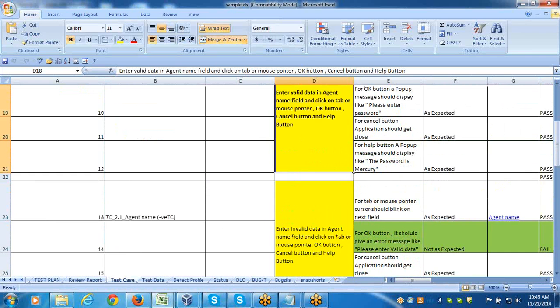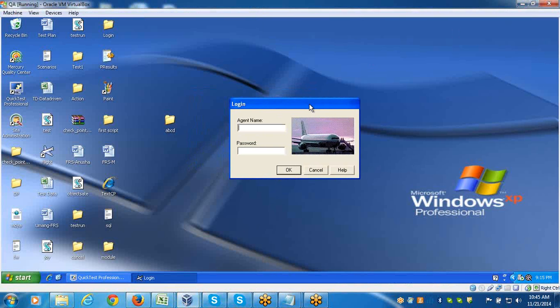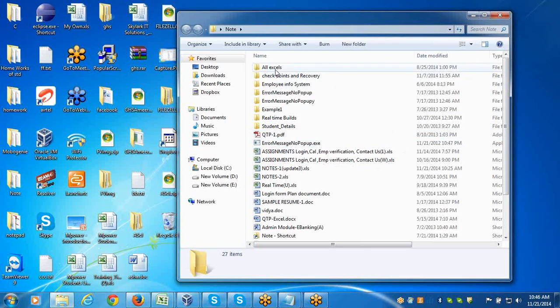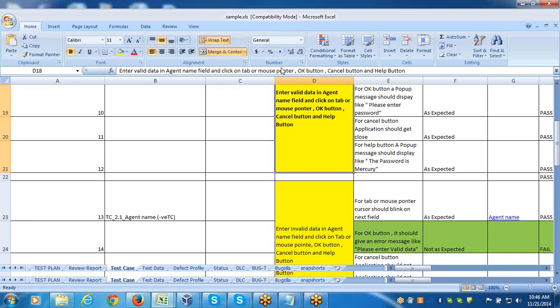Now before executing the test cases, first the lead is going to verify whether this application is acceptable or not, whether the major functionality of this application is available or not. That kind of checking we call build acceptance testing. Some companies call it build verification. Some other companies call it sanity testing. If verification is not done, when you try to open the application,